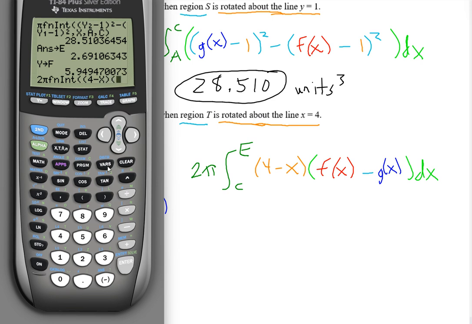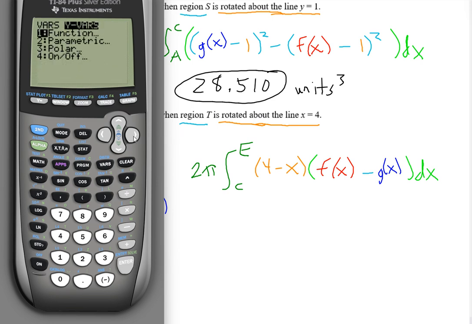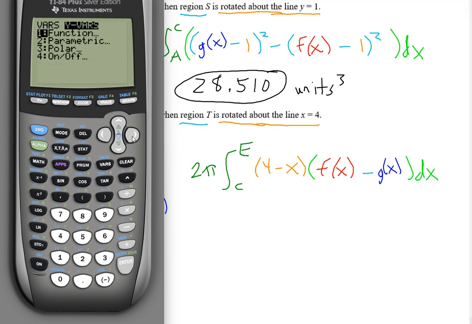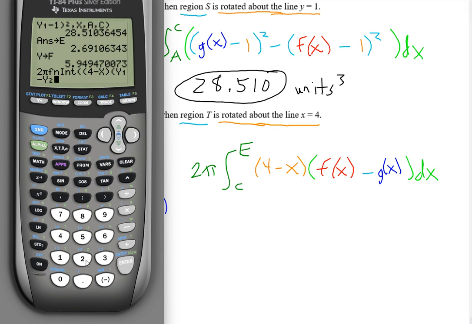Then f of x was y1, so vars y variables. y1 minus g of x is y2, and then close parentheses on the older ones, comma x, comma lower limit alpha c, comma upper limit alpha e. And we get 63.000